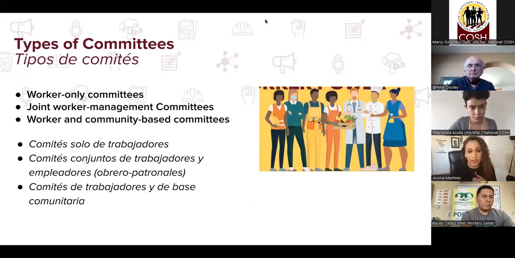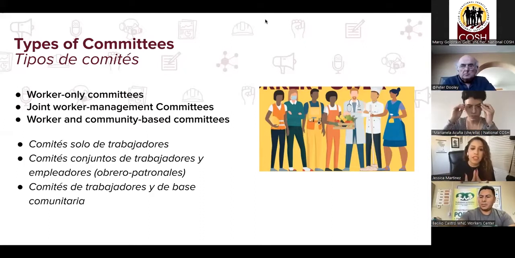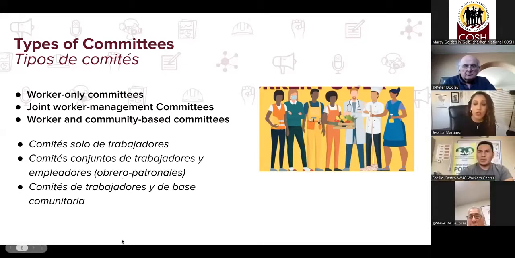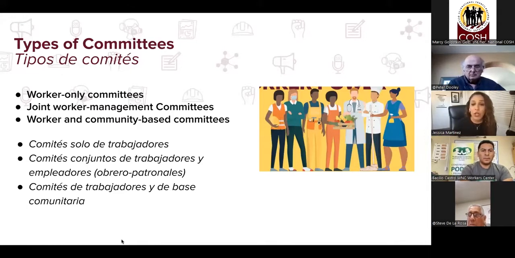So later throughout the session, it's important to know though, when you have worker management committees, because of management's presence and balancing power dynamics, there can sometimes exist a risk for joint health and safety committees to not be as effective as they need to be to make real improvements and prevent serious injuries. It's usually advisable, and this is advice coming from our network and our experience, to have worker only committees, even if you have a worker management committee that exists.